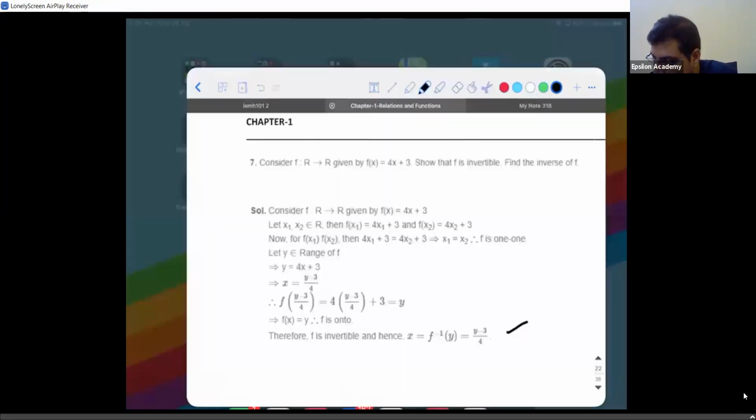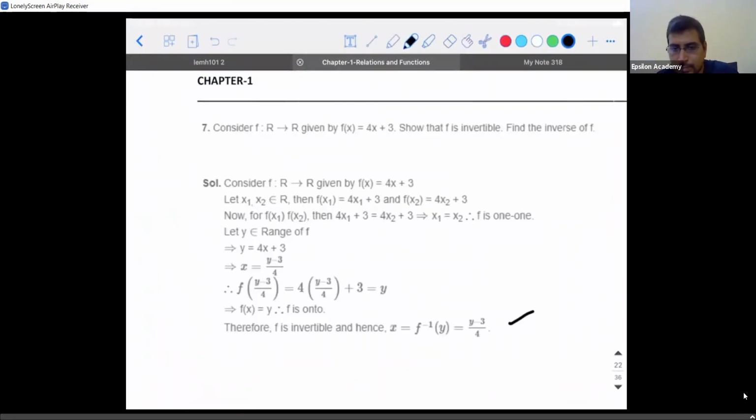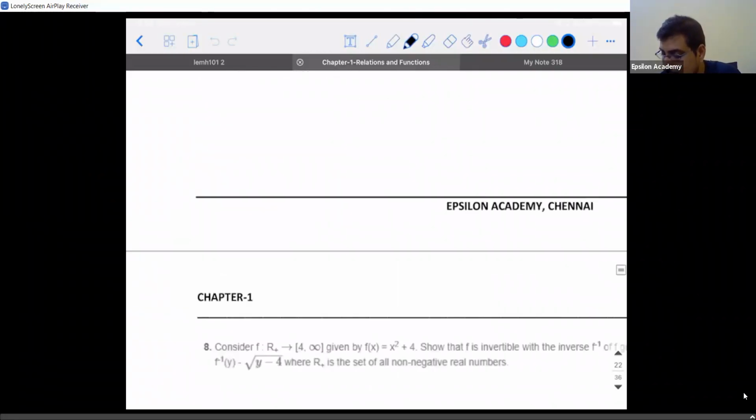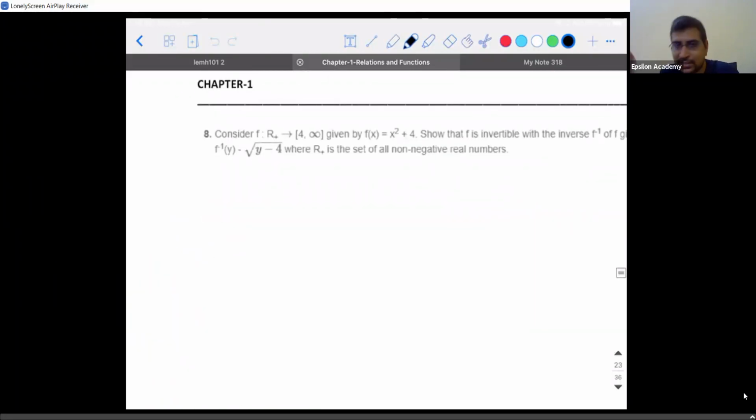Sir, here they wrote in terms of y only. But I suggest you write it in terms of x. You better do one thing, give both the answers. No, let the examiner decide what they want. Because they told inverse of f, it can either be f inverse of x or f inverse of y. Both mean the same. Okay, why it is the same, you will understand in the next chapter. Till then, you have to have some patience.